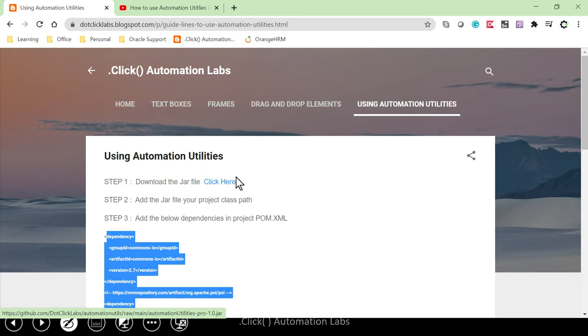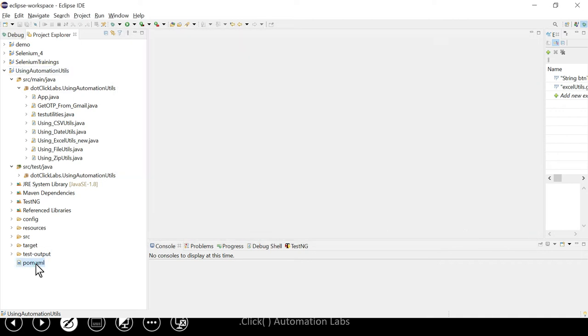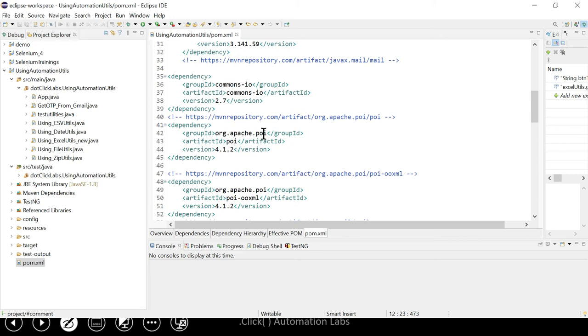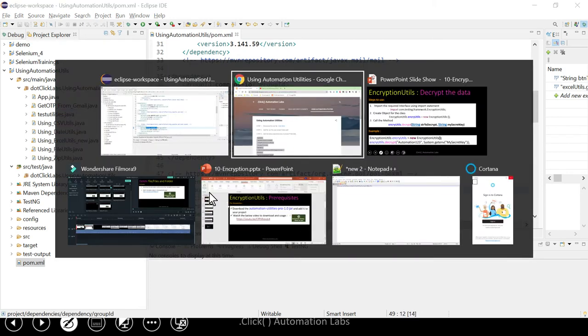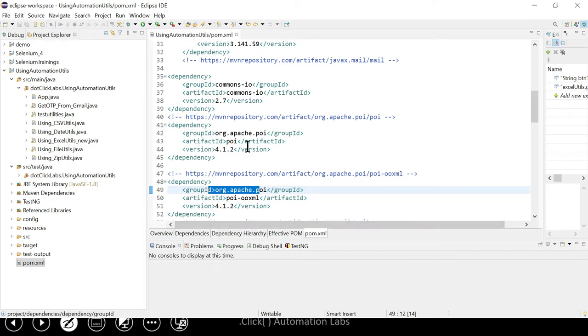Once you download it, add it to your Java project using add external jars and browse to that jar file. Then make sure your pom.xml is updated with whatever I mentioned over here. Copy this and paste it under the dependency section.